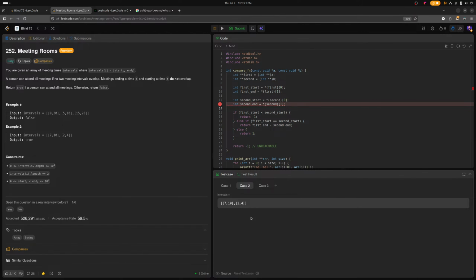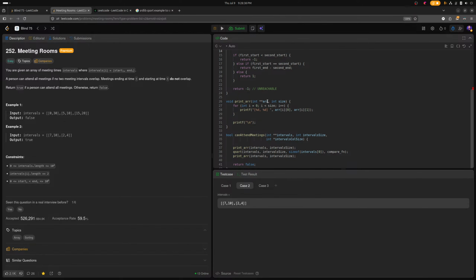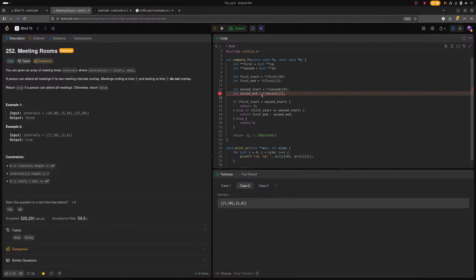Why would overflow? So I'm guessing it's a segfault issue, right? It's a segfault issue, I'm guessing. It's a segfault issue. What else is there? Second end is star of second of one. It never failed for anything else till